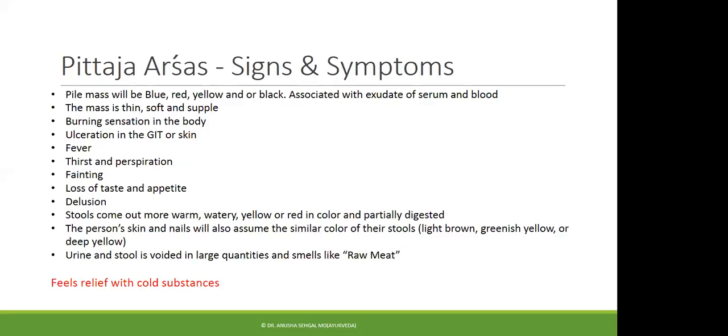Ulceration in the GIT or in the skin, that just means that the soft tissues start to separate. They start to become ulcerated or start to break down because of the extreme heat in the body. Also, the person may develop fever, thirst and perspiration, fainting, loss of taste and appetite, delusion, again because of the extreme heat,